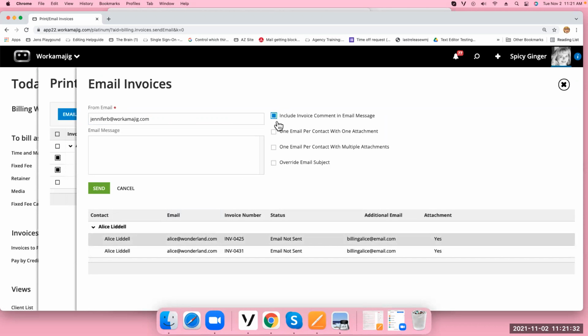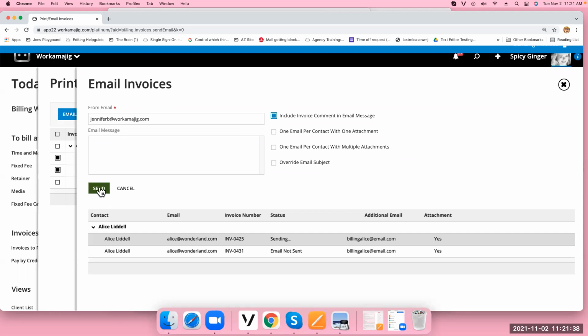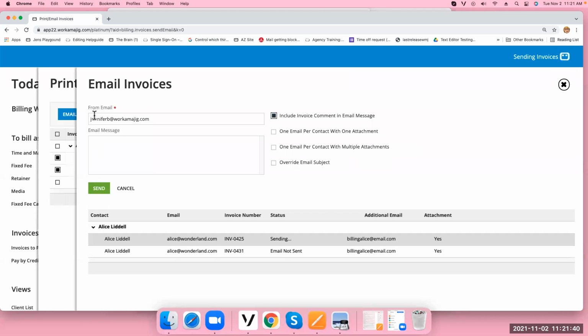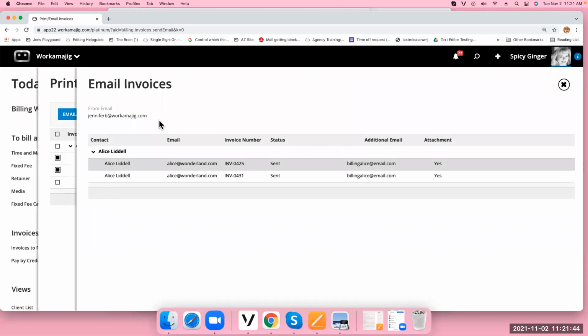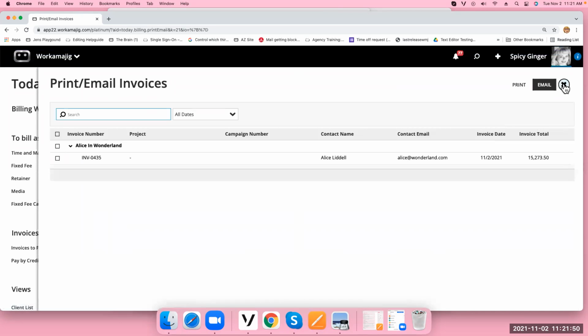And you have some decisions on here, to include the invoice comment in an email message, and you can decide this. But when I send it through this method, the from you could change. Somebody was asking me that earlier. I can change that from to something else and it will still go, and it will say whatever instead of me saying Jennifer B. But now if I go back to that project,